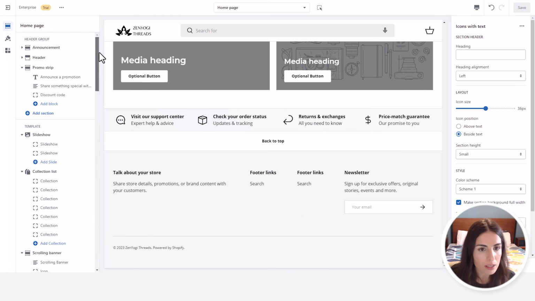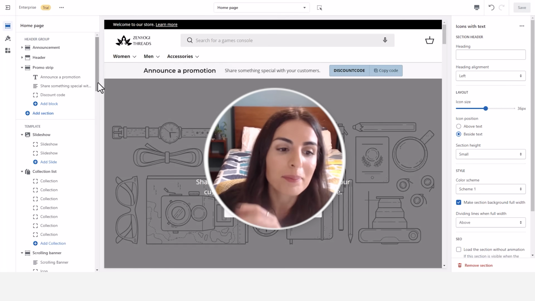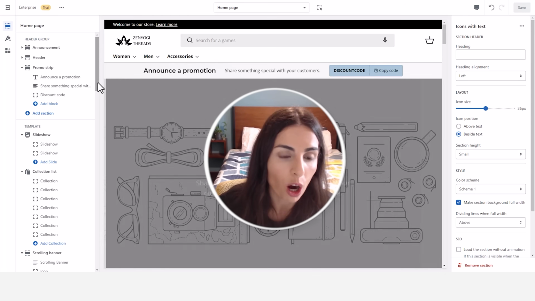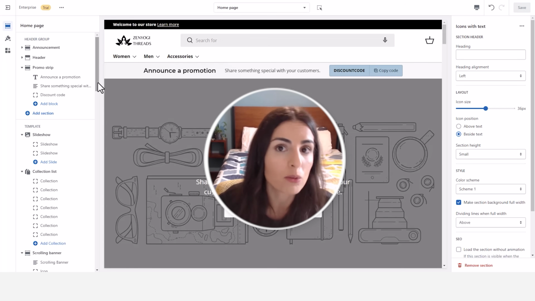I'm going to start with the homepage itself, and I'm going to start by showing you the different amazing sections these themes offer. And you must know the sections you will find will differ from one theme to another. While you are choosing a theme for your store, make sure that you are choosing a theme that offers all